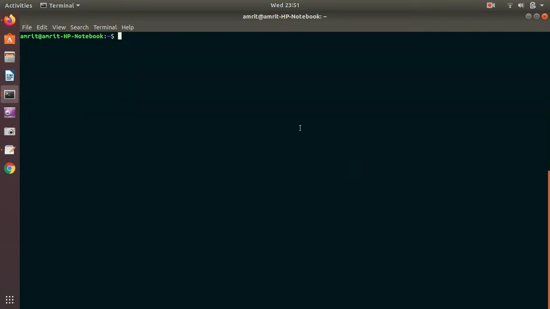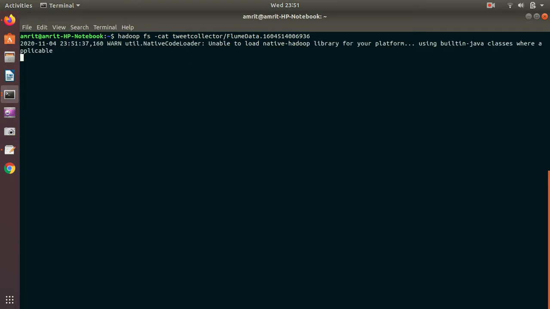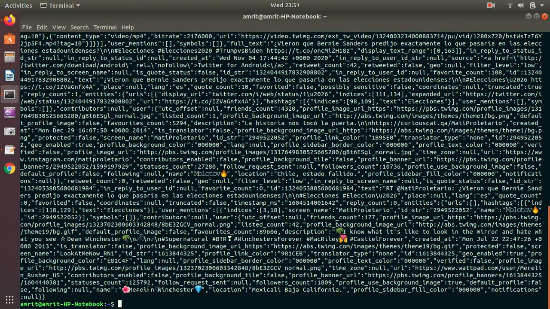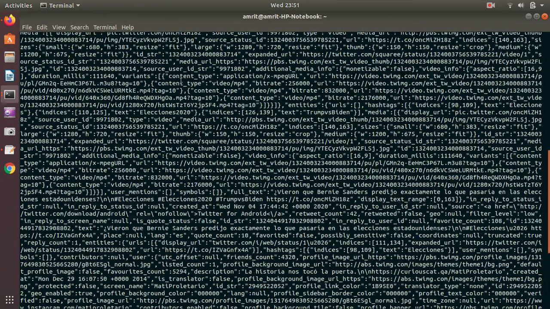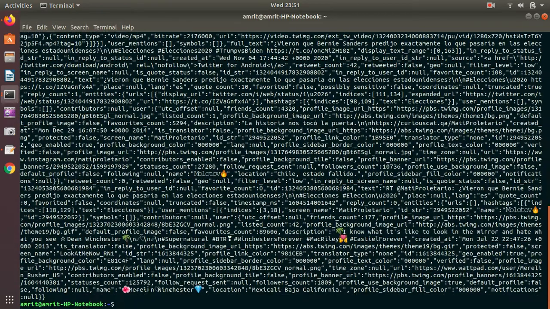Hadoop fs -cat. The data should be related to the US elections, because we have given the keyword Trump versus Biden. Okay, this is what I got.